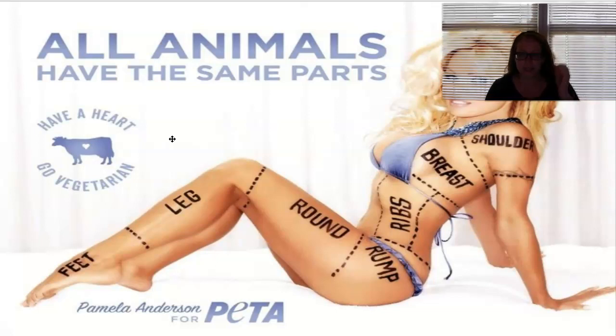Pamela Anderson for PETA. She may or may not be a vegetarian, but she's certainly not an expert of any kind. They're just using her for 2 reasons. 1, she's Pamela Anderson. 2, this is what she looks like, and it's distracting because sex sells. Think about it. There's not really any reason for this ad to have side boob in it. It's just unnecessary. But again, it's distracting. They're hoping that you will just notice Pamela Anderson in a bikini and ignore the fact that they didn't say anything that, in terms of logic, makes sense.